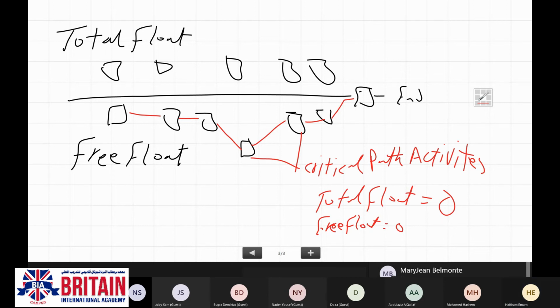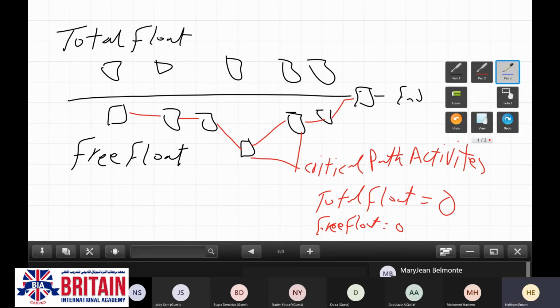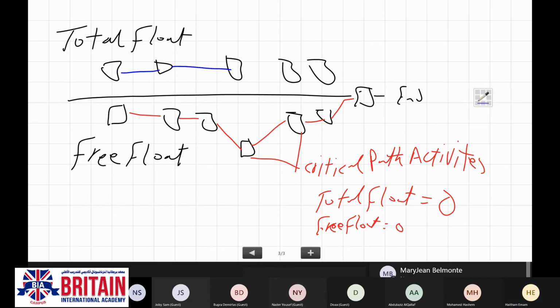While these activities which are not on the critical path maybe they will have free float or total float.